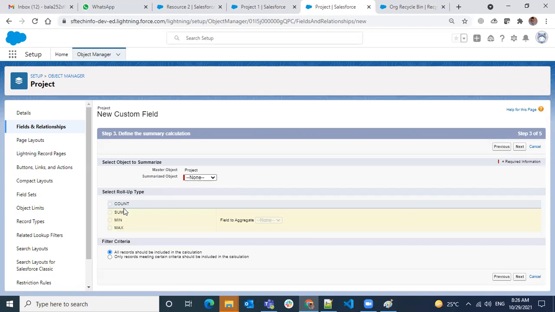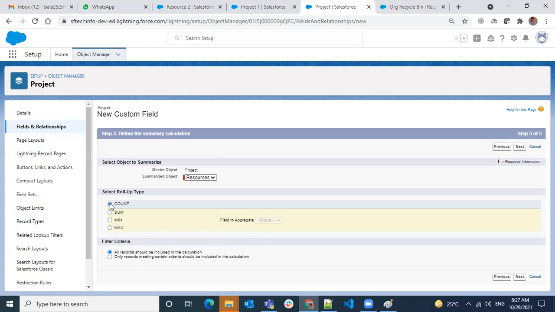Okay, next. So see here what is available: count, sum, min, max. Here we are looking at count only. First we have to select the child record, then I want to select count, so no need to go here. If you're trying to create min or max, then you have to select a field which is summarizable. What fields can you summarize? Those having numerical or decimal values. But on the resource, you don't have any field with decimal or numerical values. That's why we don't see any option in this drop down.